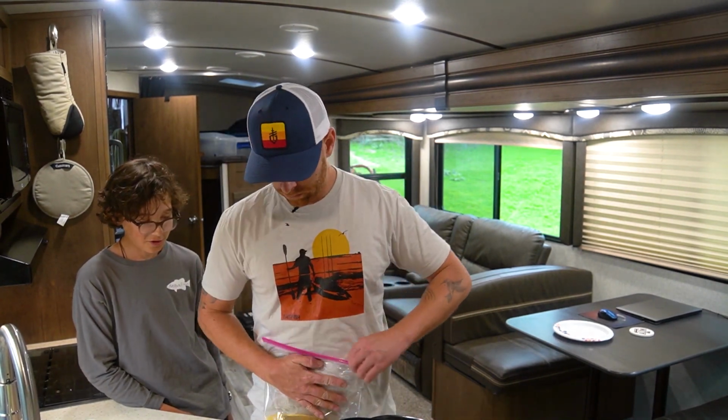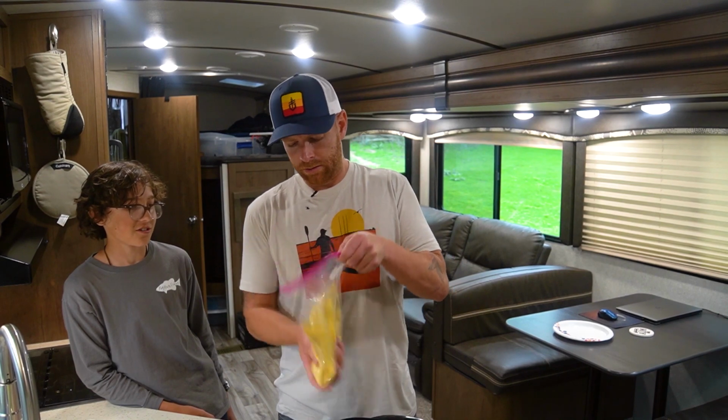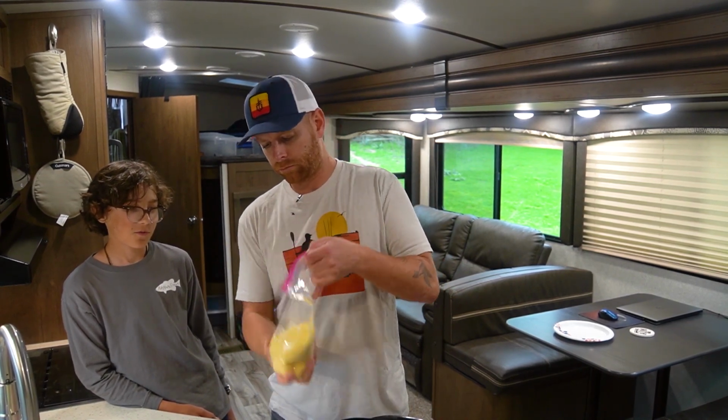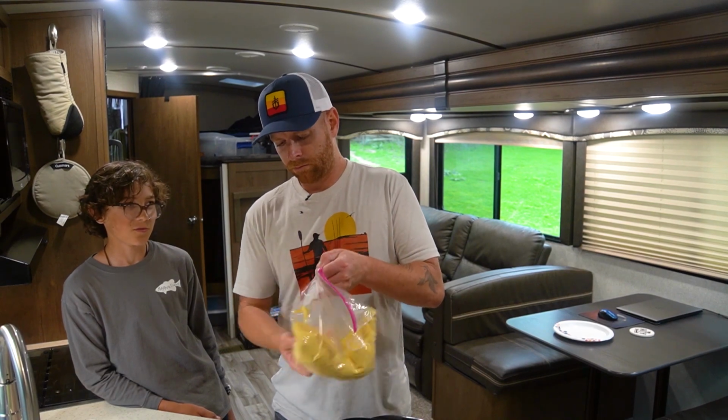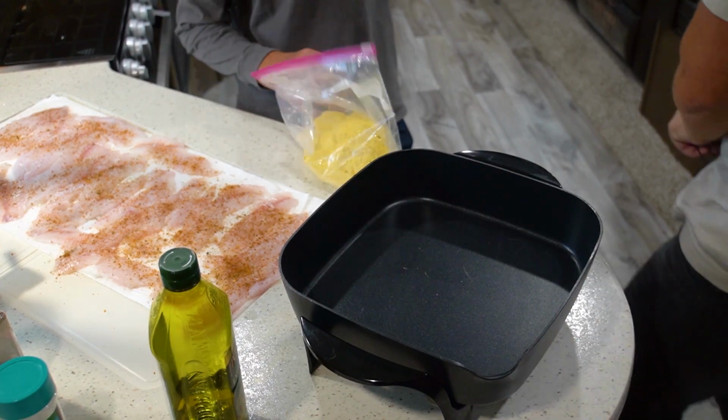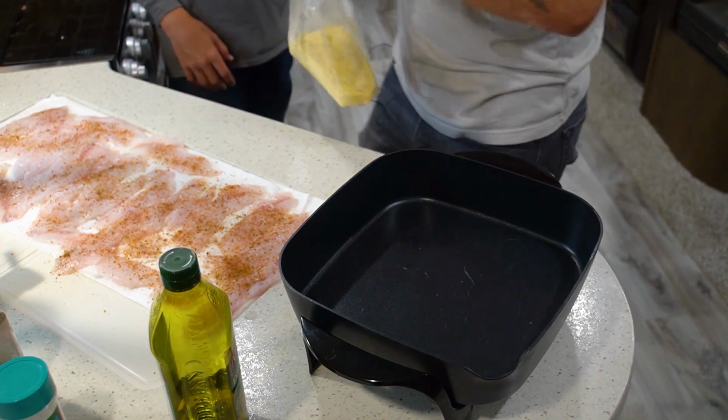Shaker. Fill her with air and shake. And now we're going to shake this guy up. You don't want to get one fish that has just too much salt, one fish that has too much pepper. I'm just kidding. I am used to how small my house is. I was going to say, I mean...